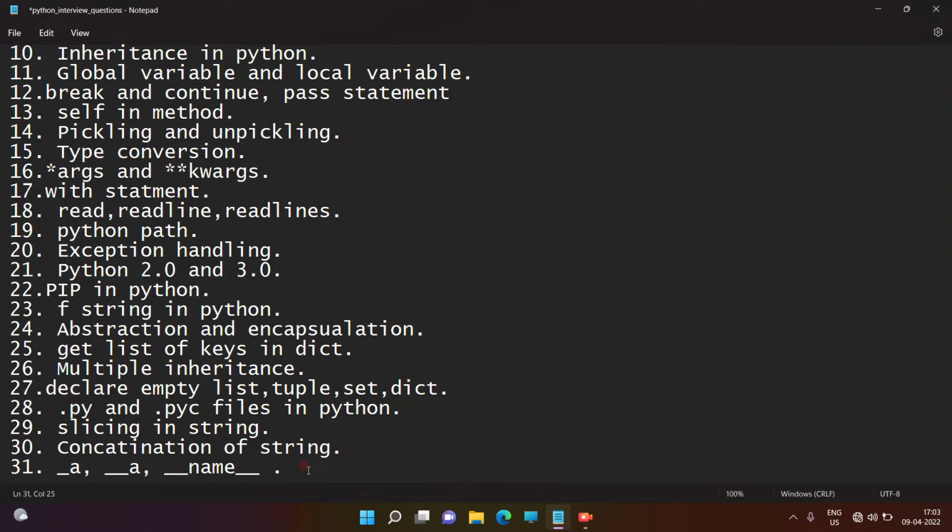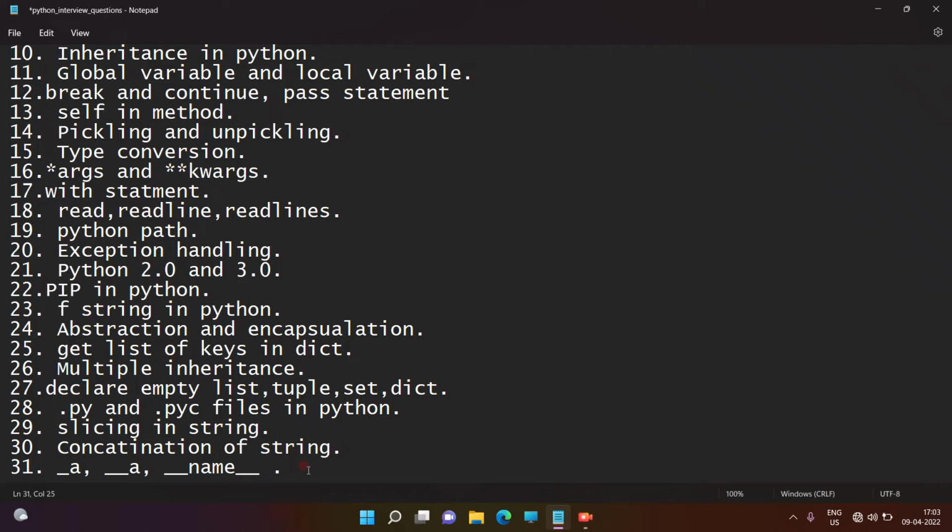The second one is strictly double underscore a. What is the meaning of double underscore a? It is a private access specifier. It means we cannot access these data members and member functions outside a class, and also we cannot access them outside a module, right?